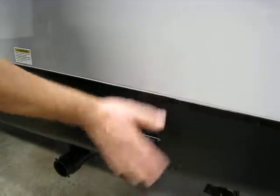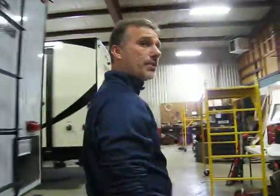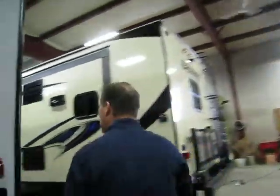And of course the switches for the rear jacks as well. So if you feel a little lazy, you don't have to worry. All you've got to do on this one is push buttons. The inside,